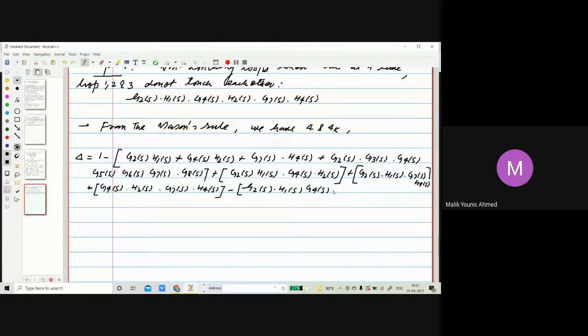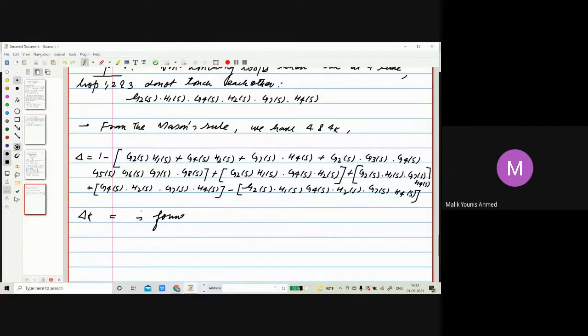G4 of S into H2 of S, into G7 of S into H4 of S. So this is all we have. Beyond that, this is delta. Now let's find delta K. Delta K is what? Delta K, I have told you simply. Delta K is